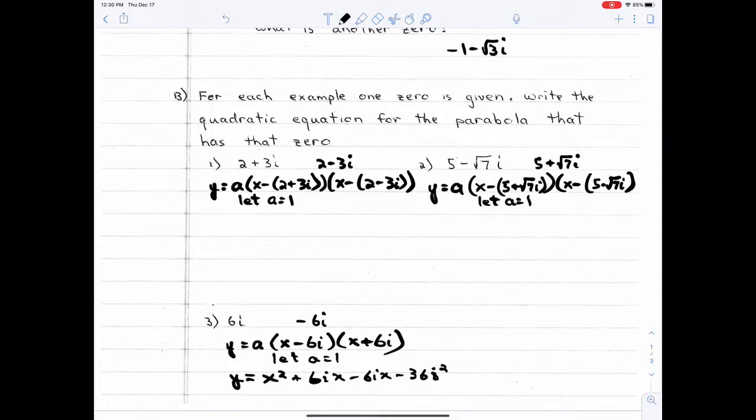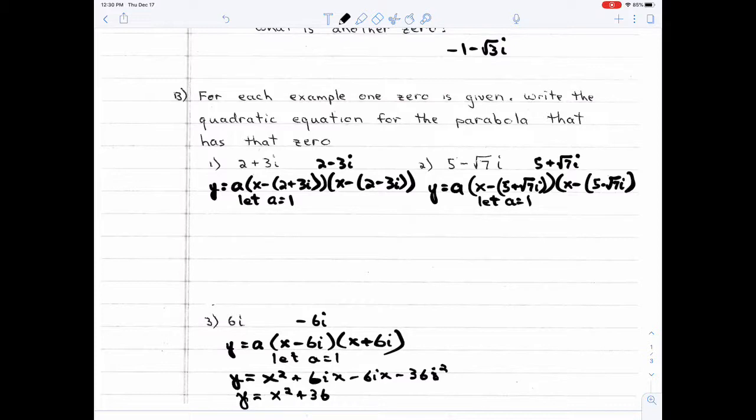Okay? Well, what would that be? That would be X squared. The 6iX's go away, and negative 36i squared is going to be plus 36. Okay? Now,